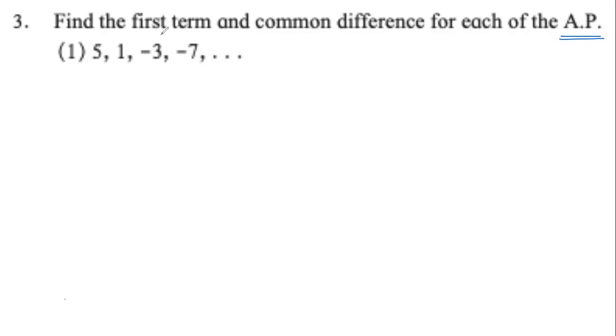So if we have to find the first term, we will say first term T1 equals A, or just T1, equals 5. Nothing more needs to be explained. Nothing more. Now for common difference,